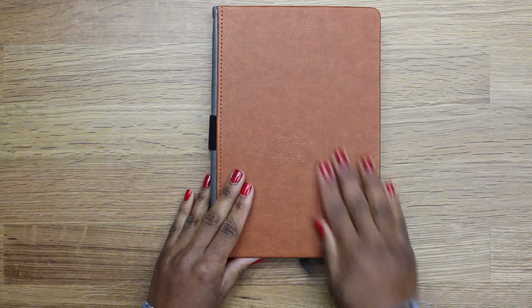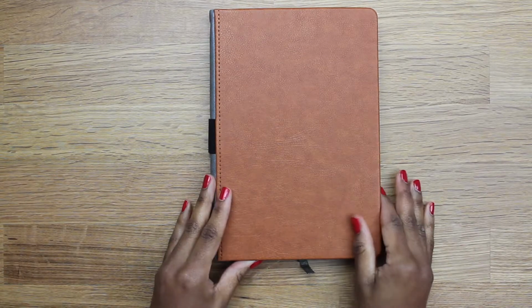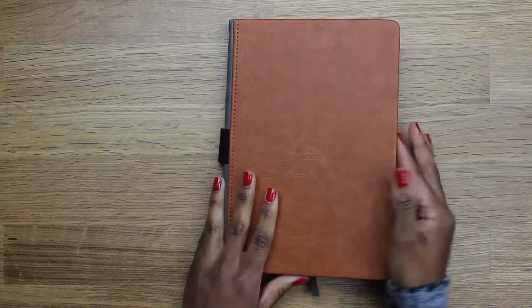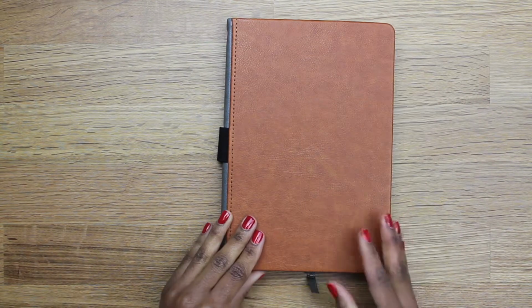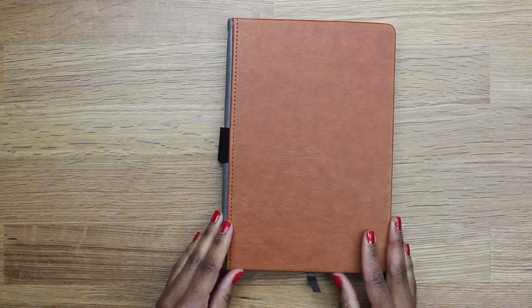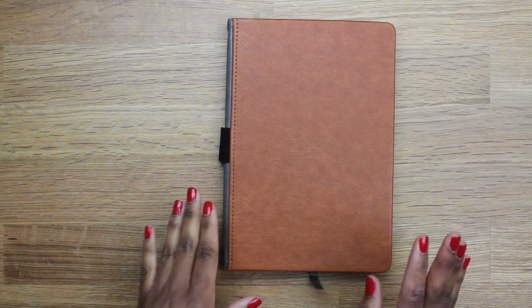Okay, so the Lemome is also A5. We like the A5 size. It has 180 pages. We'll get to that later. Like this one has a pen loop, but it's in the binding instead of here, which is actually nice because then it's not in the way when you're opening your pages. It's faux leather, super soft, and it doesn't come in a ton of colors, which, I mean, this isn't really my preferred color. I like stuff that's bright and happy, and this one comes in black, brown, and this natural,